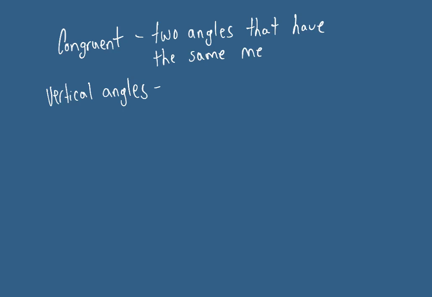And then vertical angles will be the first type of relationship that we will be studying. Here's what you need to know about vertical angles. First, vertical angles are congruent, meaning, as you just learned, they have the same angle measurement. The other thing that you need to know is that they are formed